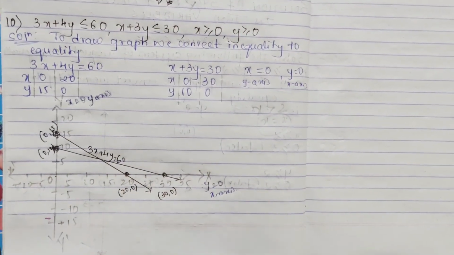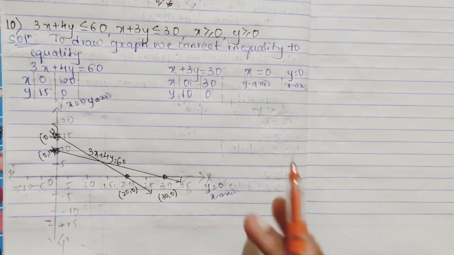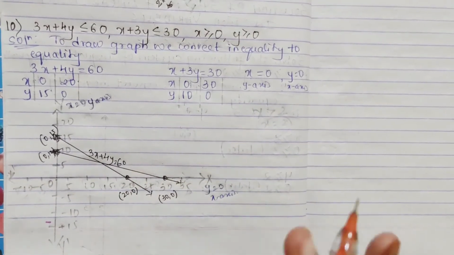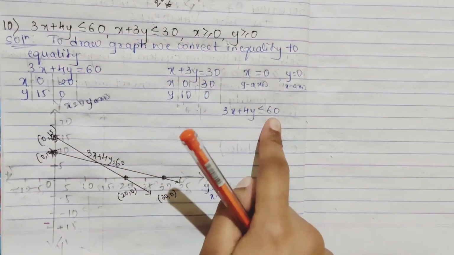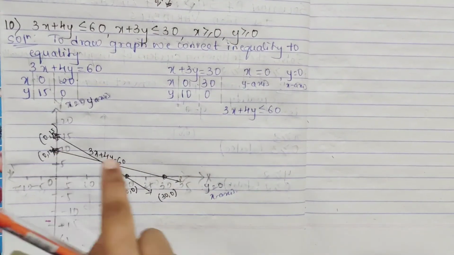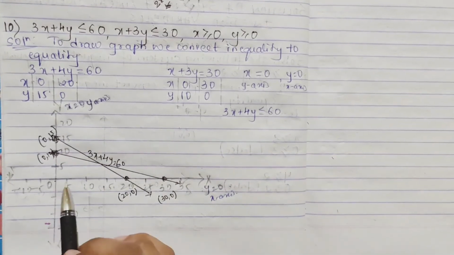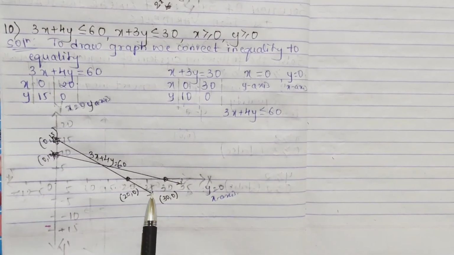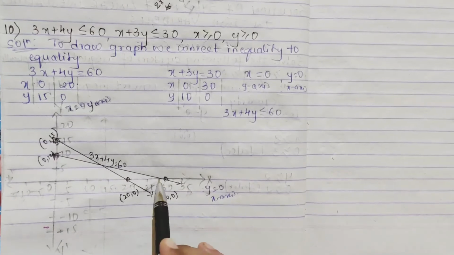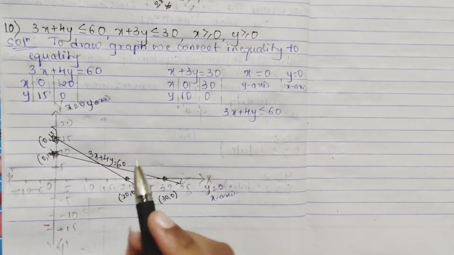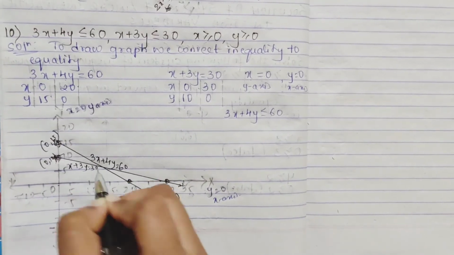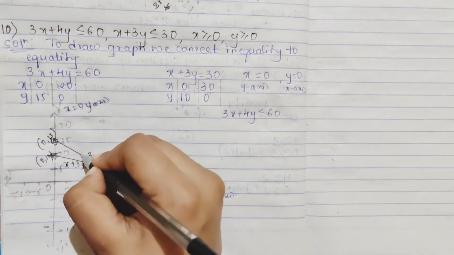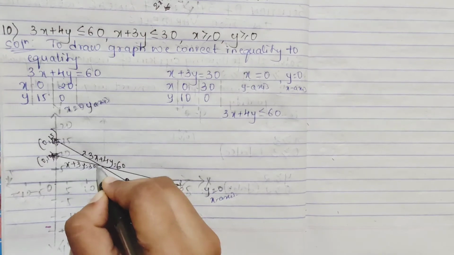Okay, now we have to check your inequalities, means we have to check our feasible region, right? The shaded region you have to check. So our 3x plus 4y less than or equal to 60 is this line. For this line I have not written it, it is this line, right? 3x plus 4y, and this other line is x plus 3y is equal to 30. Shouldn't get confused, okay? This is this line and this is this line.